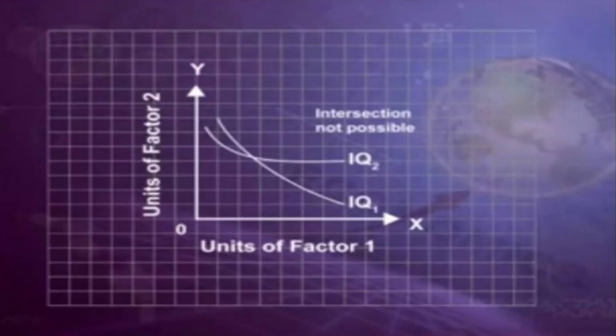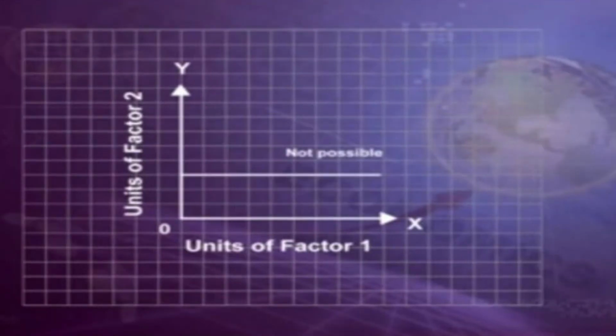Now you can see the units of factor 2 on the x-axis and y-axis. Two isoquant curves cannot intersect each other. It is not at all possible. Suppose they did, it is highly impossible, because isoquant curves cannot give you the same level of output. So it cannot be even flatter. It is not going to be in an equal state where labor and capital are on the same scale. 10 units of labor and 10 units of capital cannot give you the same output. You will have variation. So it is not at all possible to have a straight line.